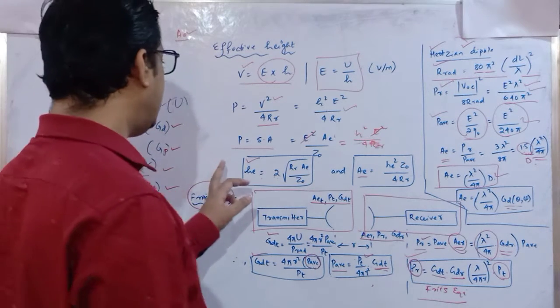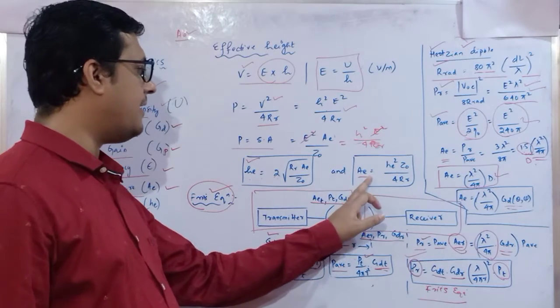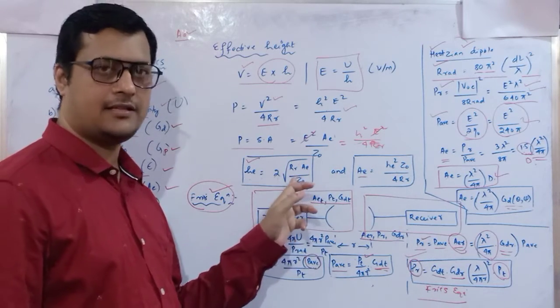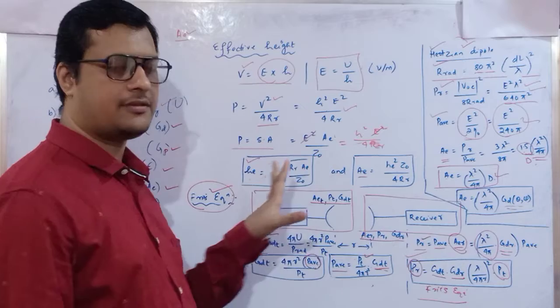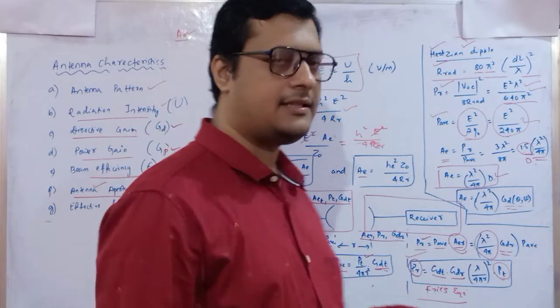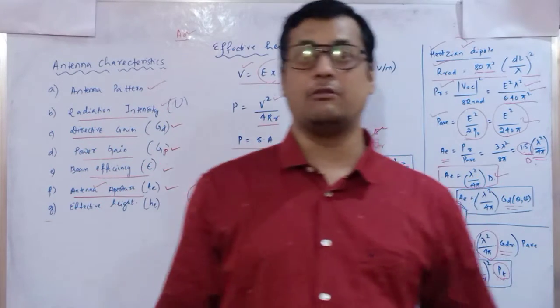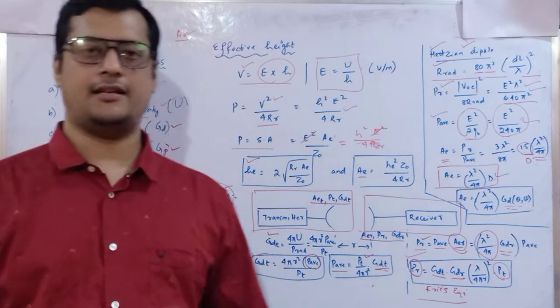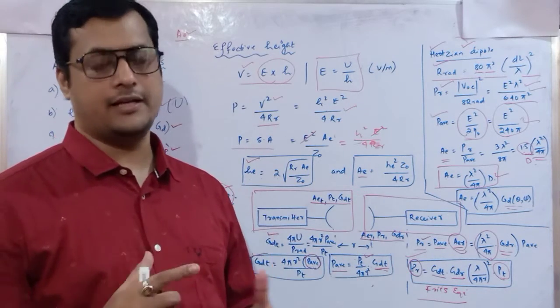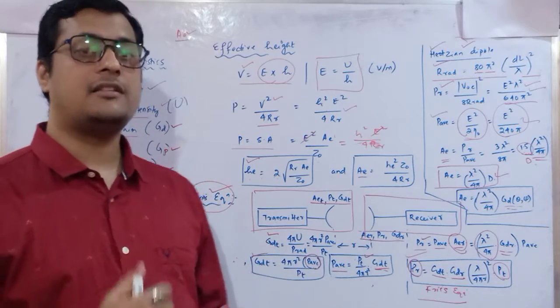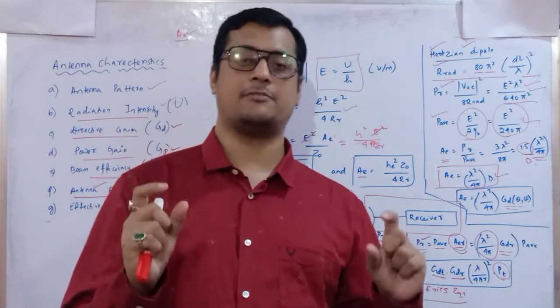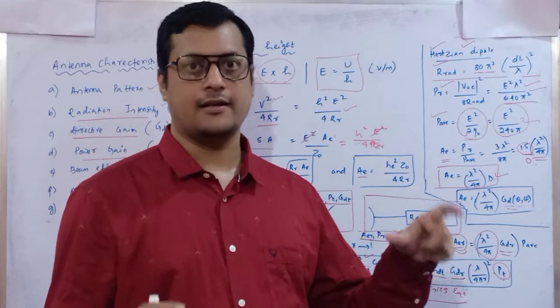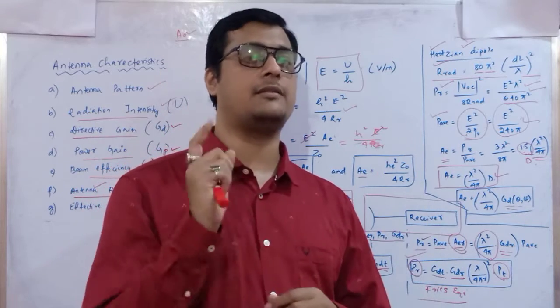So as the effective height and the antenna aperture are interrelated with each other, we can form this sort of standard value. But what is the basic application or utilization of this sort of parameter? Why are we determining these relations? The simple answer is, when we are communicating from the transmitter end to the receiver end with the help of a transmitting antenna and the receiving antenna, all these parameters will come into a single platform.